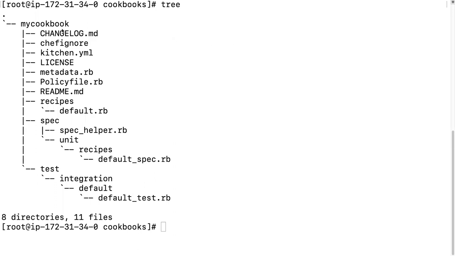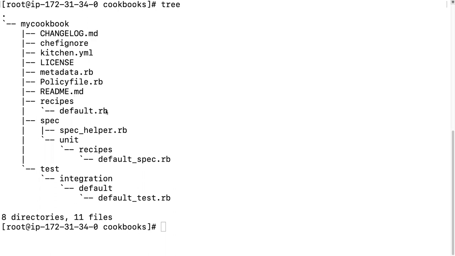So inside the cookbook we have some default files: chefignore is like a gitignore, and kitchen.yml is for testing cookbooks. metadata.rb has the information like name, version, etc. README.md has information about the usage of the cookbook.